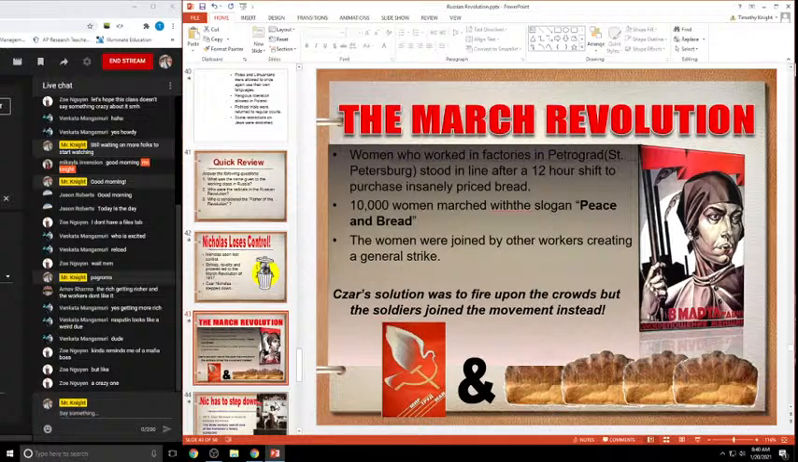Peasants in particular get angry, and often women peasants get angry because, from a social gender history perspective, they were the ones who often would purchase the bread in the local marketplaces and things like that. So the women are furious. And just like in the French Revolution, years and years prior, 10,000 women marched with the slogan, "Peace